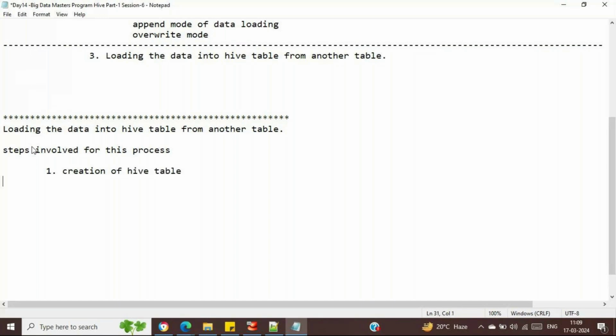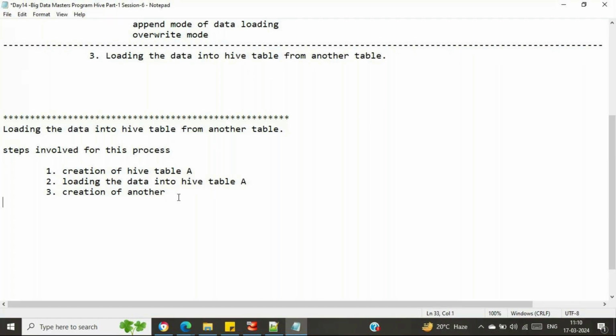Second one is loading the data into the Hive table. Third is creation of another Hive table, or creation of Hive table A, then loading the data into Hive table A,